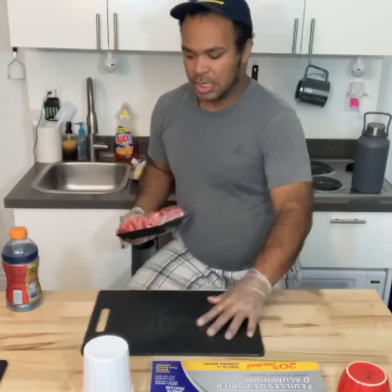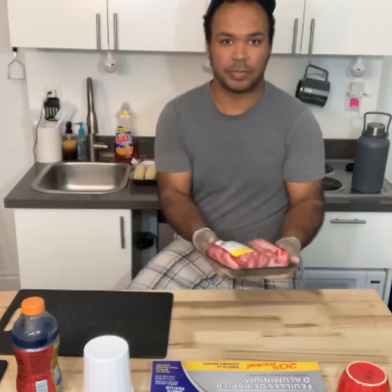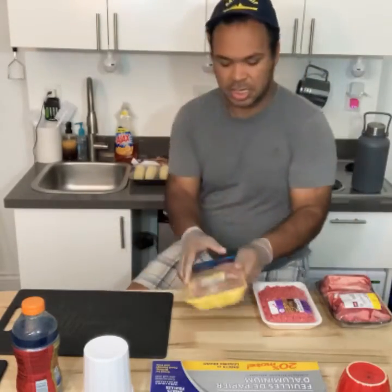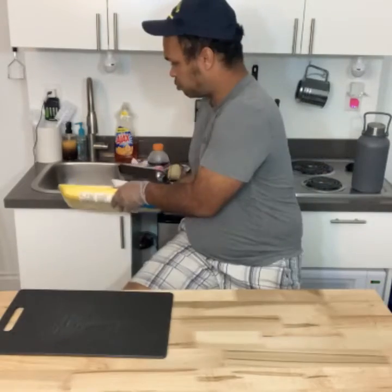All of this is going to be the setup. So it's getting all of the meat prepped. Once you get all the meat prepped,